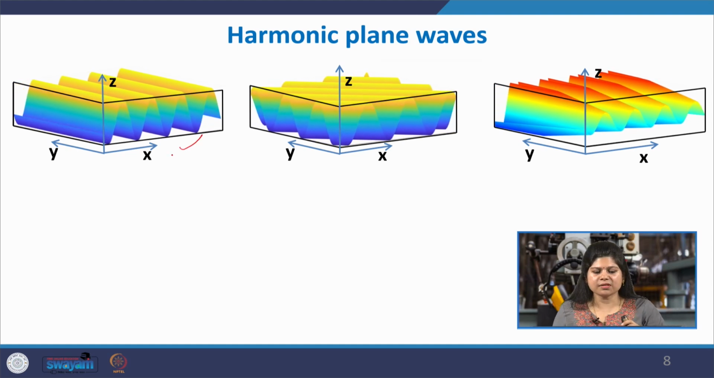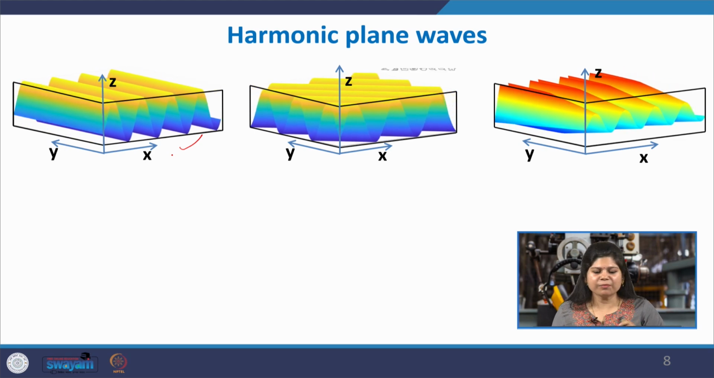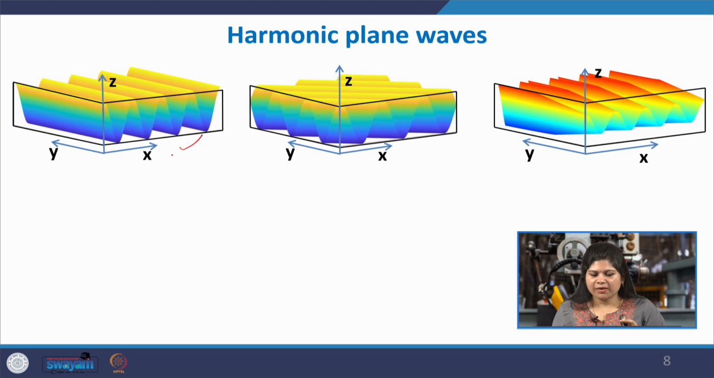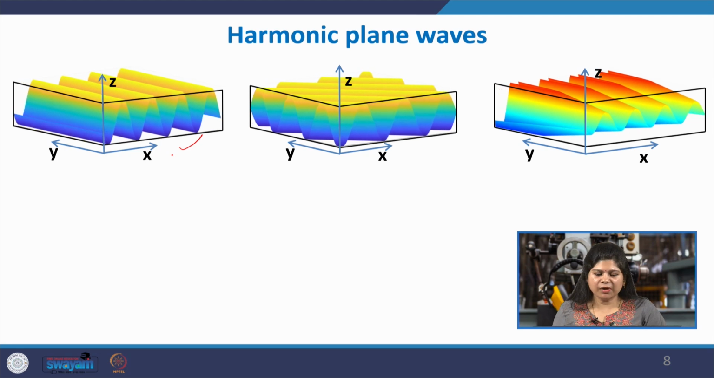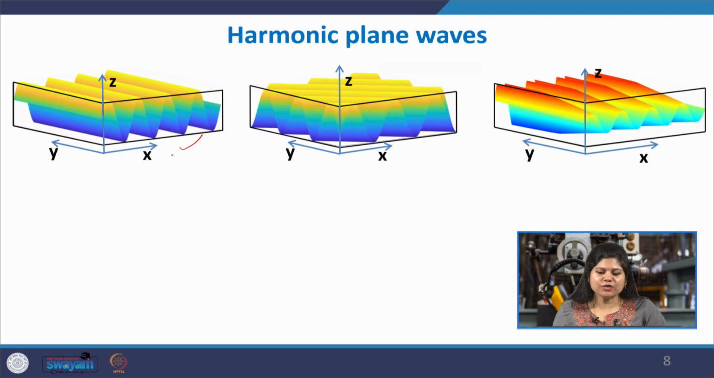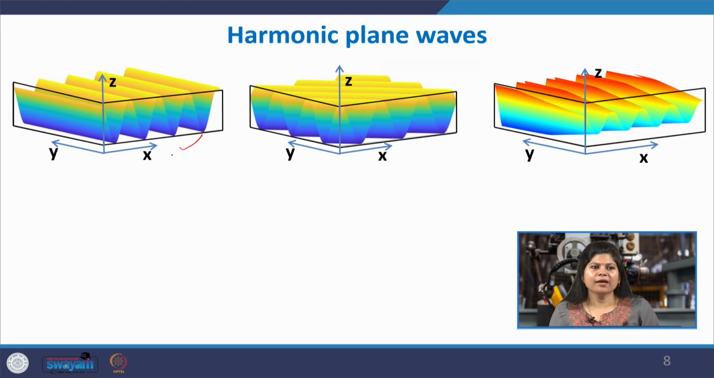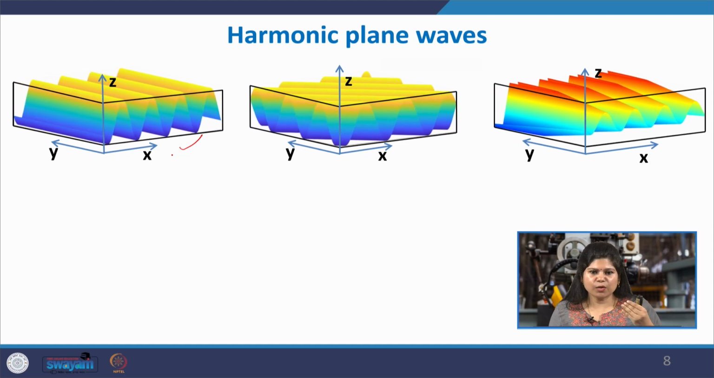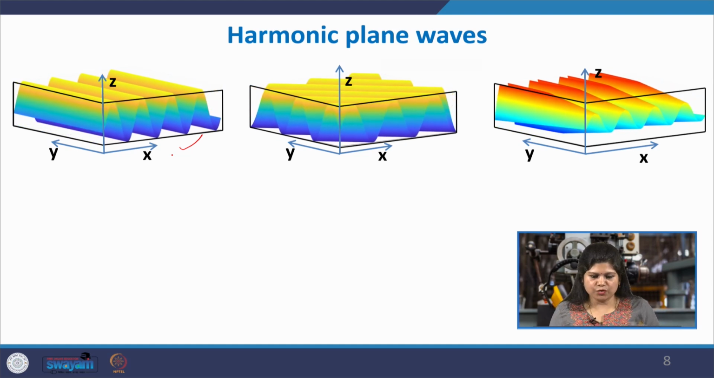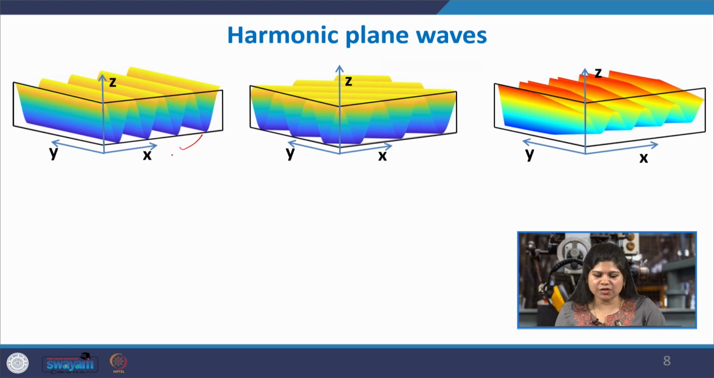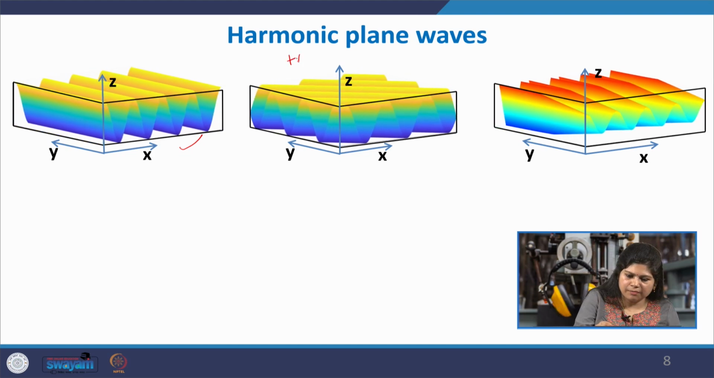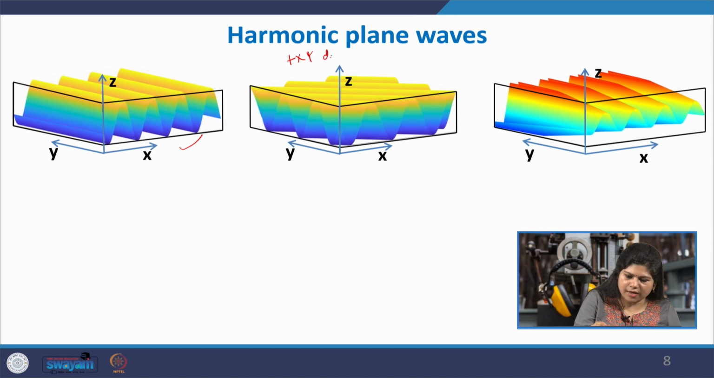So, this should be a harmonic plane wave. But what about this? It looks slightly different from the first one. So, is this still a harmonic plane wave? Here, first of all we need to identify the surface which is perpendicular to the direction of wave propagation. So, what is the direction of wave propagation here? It is plus xy is the direction